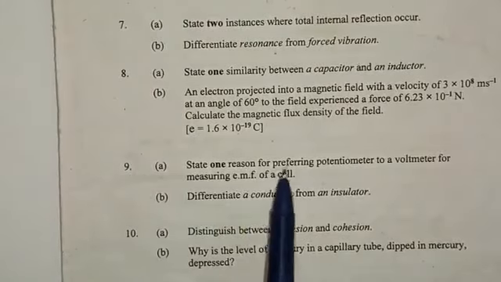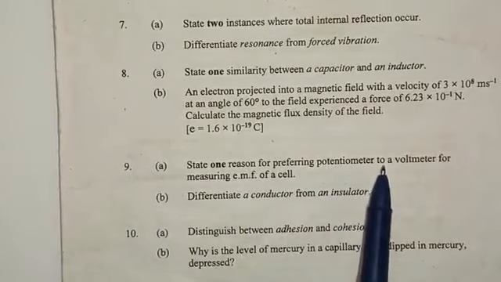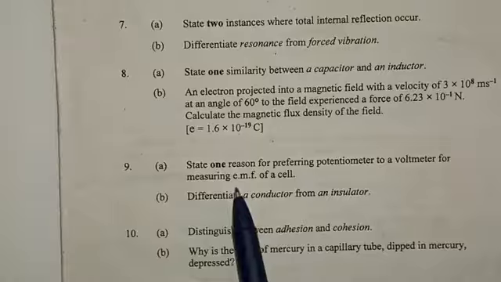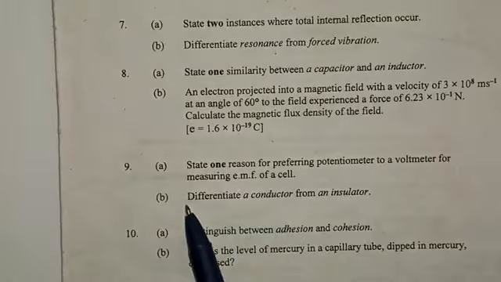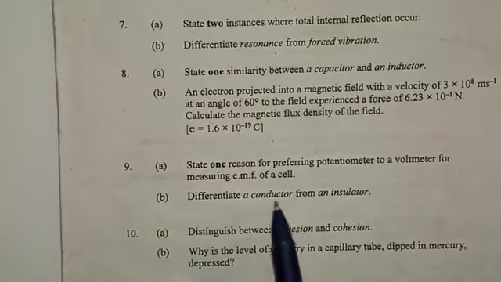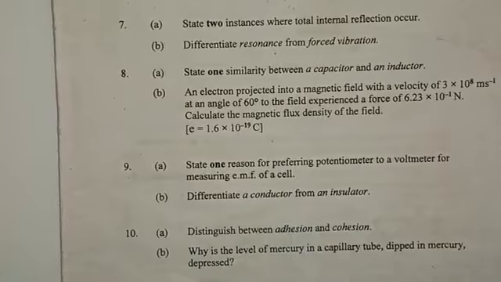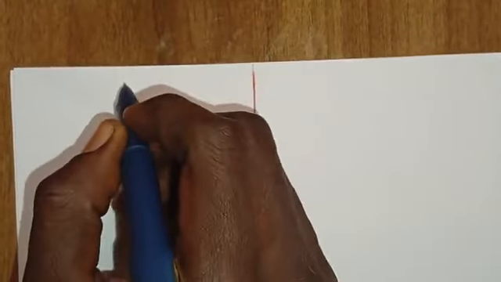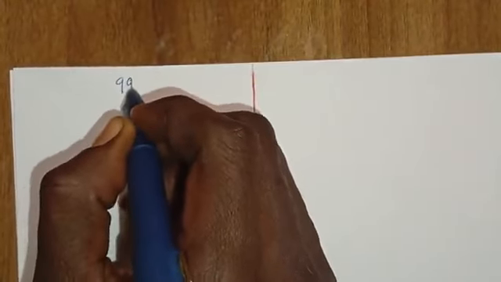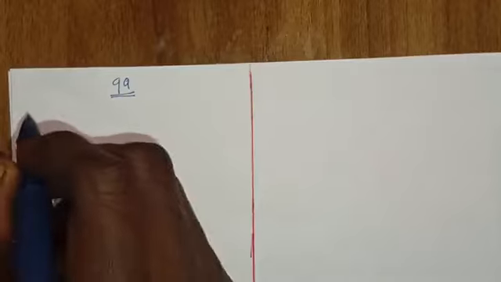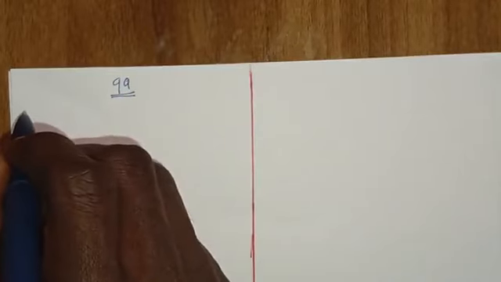State one reason for preferring potentiometer to a voltmeter for measuring EMF of a cell. And 9b says differentiate a conductor from an insulator. So the main reason why it is preferable to use potentiometer instead of voltmeter, that is question 9a. So question 9a, the reason is that